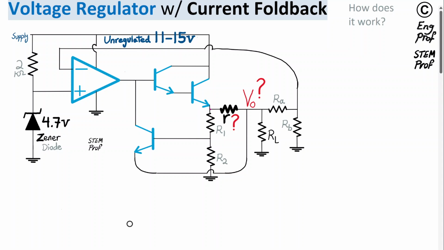A voltage regulator circuit design example with current foldback feature is analyzed and discussed in this video. This voltage regulator is implemented with one Zener diode, for example 4.7 volt, one operational amplifier, a Darlington bipolar junction transistor pair, and a single NPN BJT transistor as a part of the foldback and current limiting feature that relies on the transistor, a voltage division between R1 and R2, and a current sensing resistor that is a small resistor